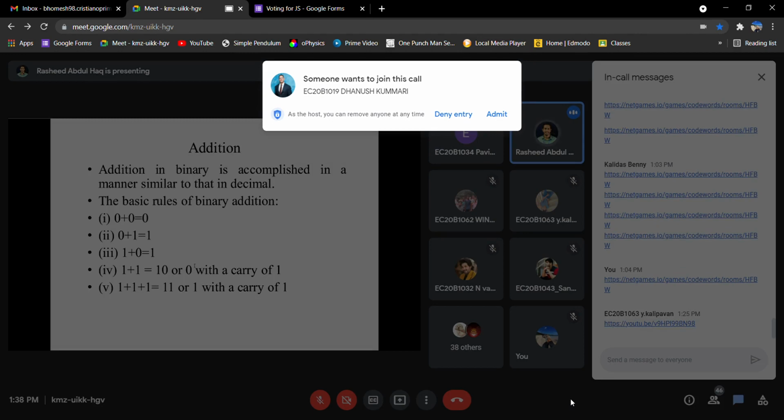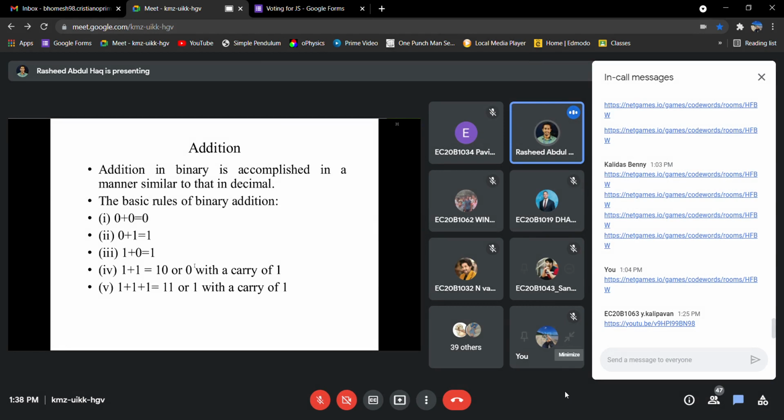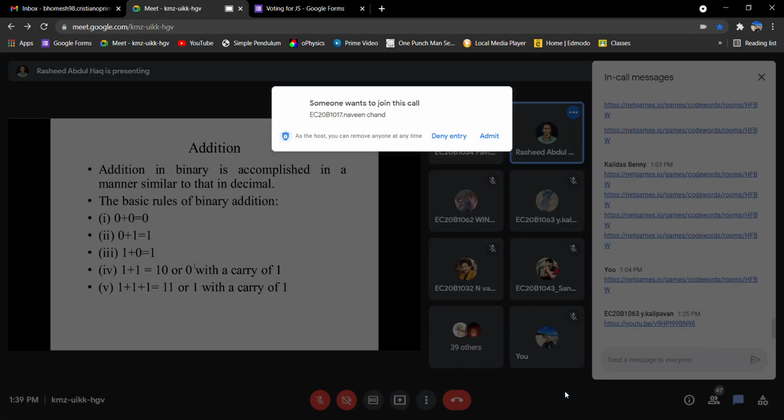Okay, so 0 plus 0 is 0. 0 plus 1 is equal to 1. And 1 plus 0 is also equal to 1. And 1 plus 1 is equal to 1 0, that is 0 with a carry. In decimal, 1 plus 1 is 2, and in binary 2 is 1 0. If you are having a single digit only, 1 plus 1 will be equal to 0. For example, in a gate, if we add 1 plus 1, the output of that gate will be 0. There won't be a carry in that case.